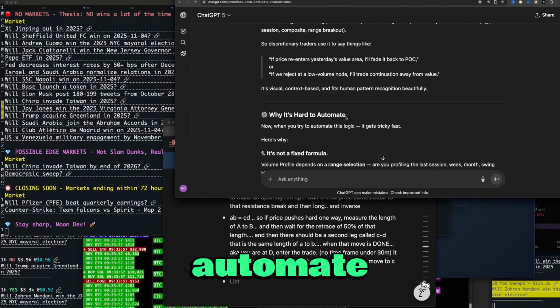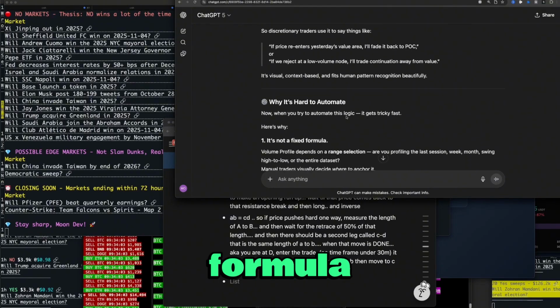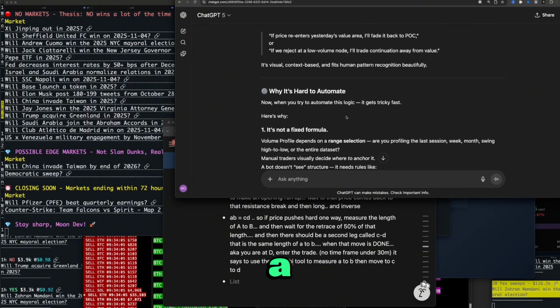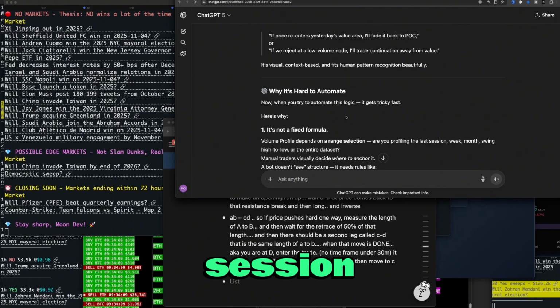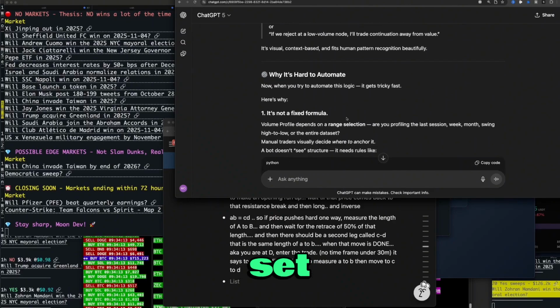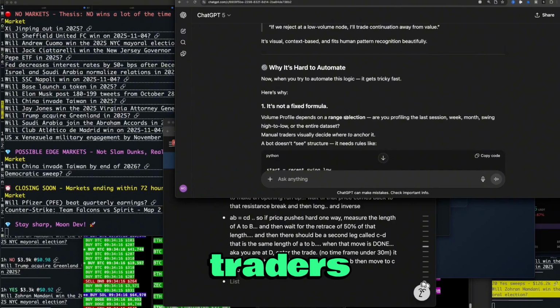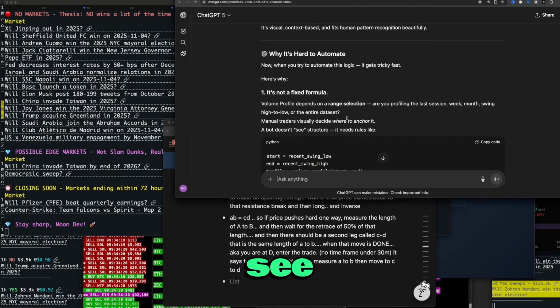Why it's hard to automate. Now, when you try to automate this logic, it gets tricky fast. Here's why. It's not a fixed formula. Volume profile depends on a range selection. Are you profiling the last session, week, month, swing high to low, or the entire data set? Manual traders visually decide where to anchor it. A bot doesn't see structure, it needs